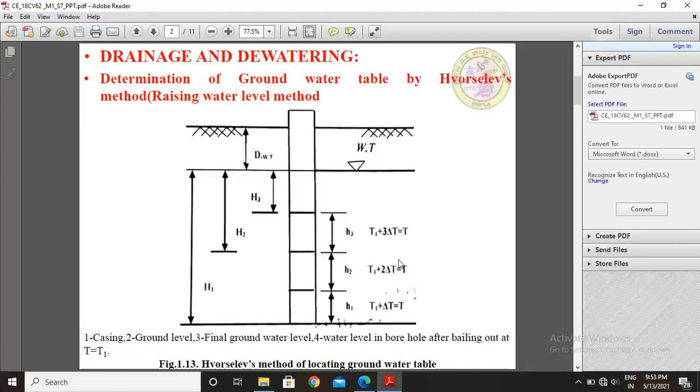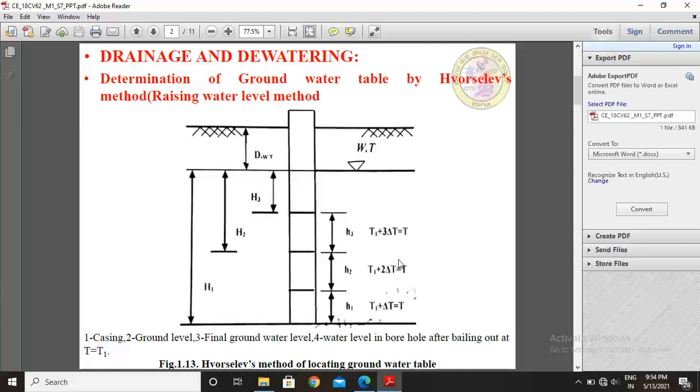The depth of the water table is measured by lowering a chalk coated tape in the borehole. The depth can also be measured by lowering the leads of an electrical circuit. As soon as the open ends of the leads touch the water in the borehole, the circuit is completed. It is indicated by glow of the indicator lamp. In soils of very low permeability, the groundwater level does not stabilize even after several weeks.